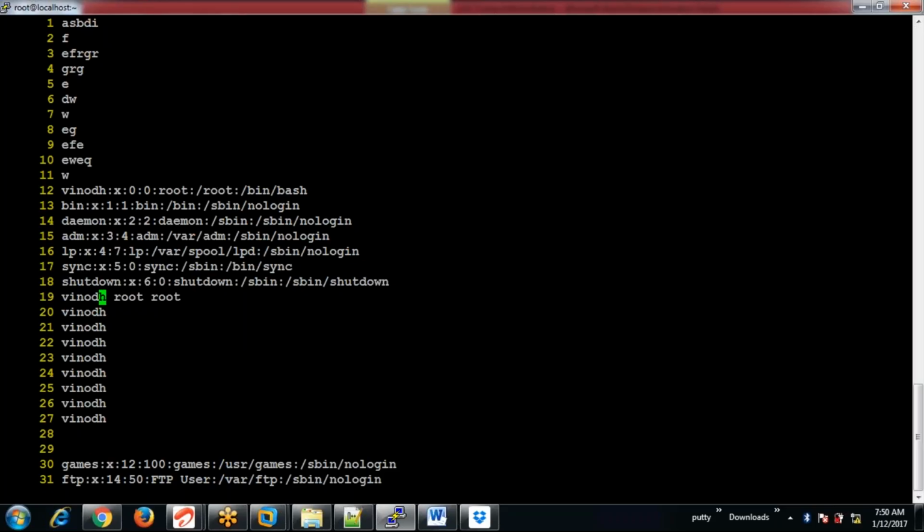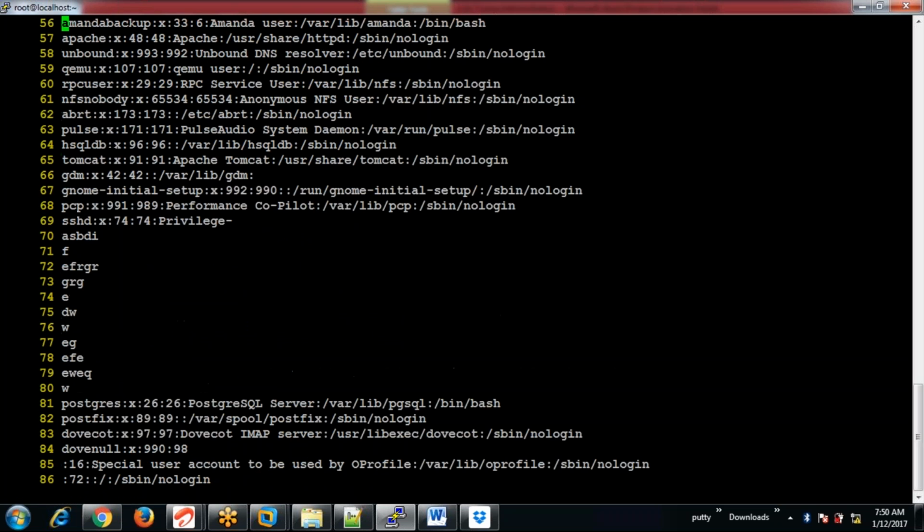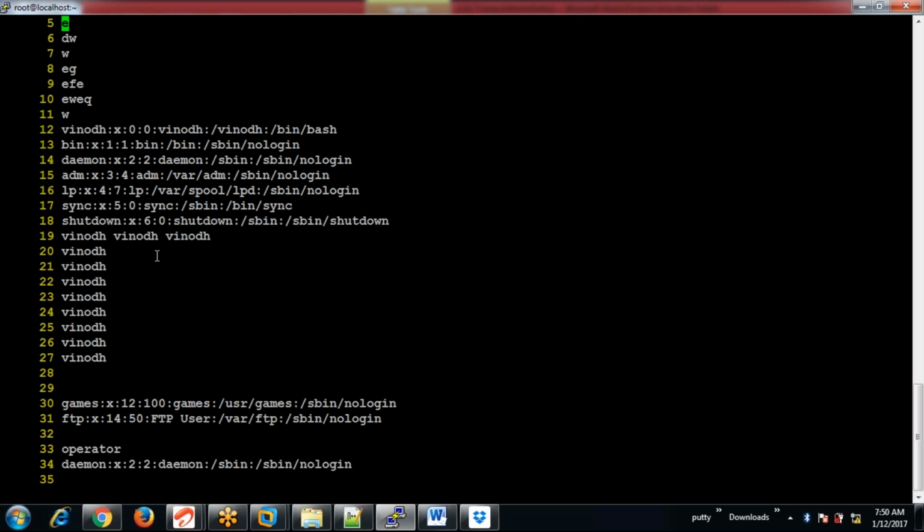So to make the second occurrence also changed, go to the command mode again and type the command again, %s root slash Vinod slash G. You need to give this option G. G is for global, where it will change each and every occurrence throughout the file. Can you check that now? See here, when you are using the G, it will change all the occurrences in a file.